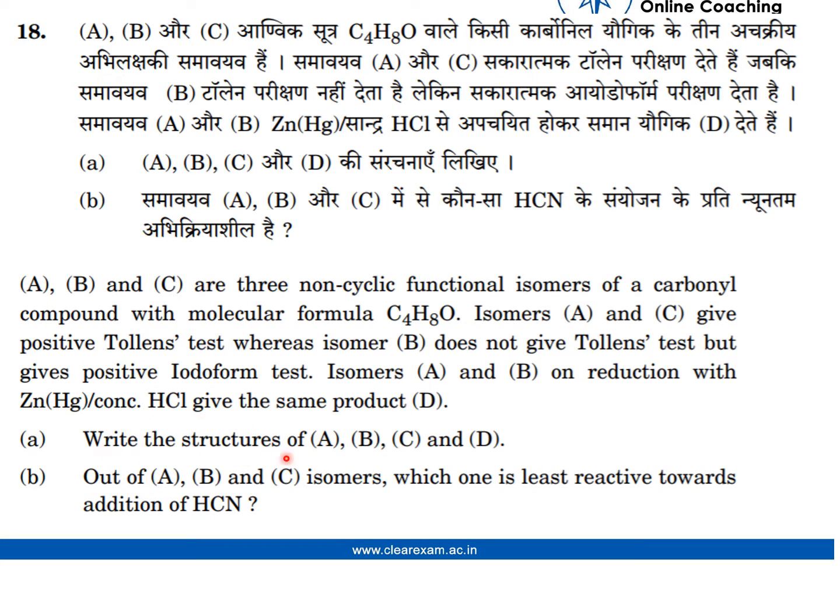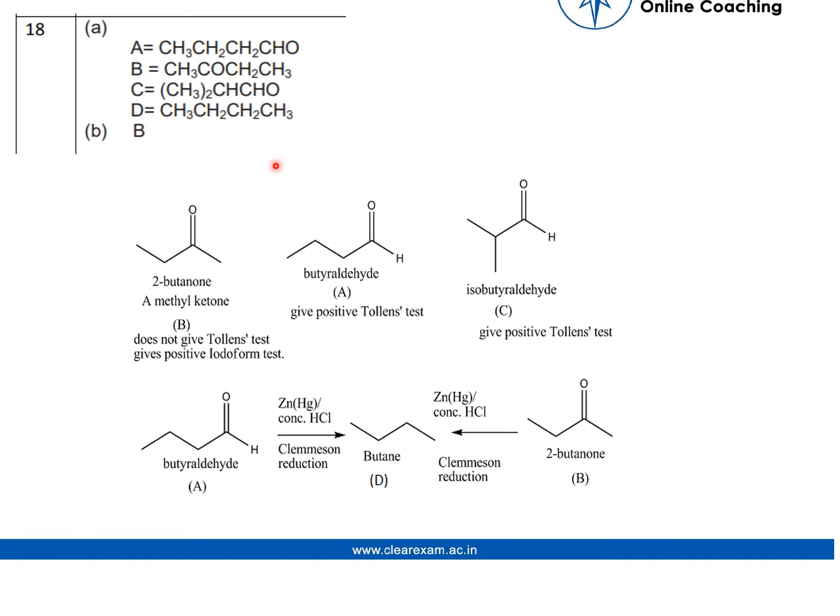We have to write the structures of A, B, C, and D, and we have to find out, of A, B, and C isomers, which one is least reactive towards addition of HCl. As it is given in the question that isomers A and C give positive Tollens test, so isomer A is